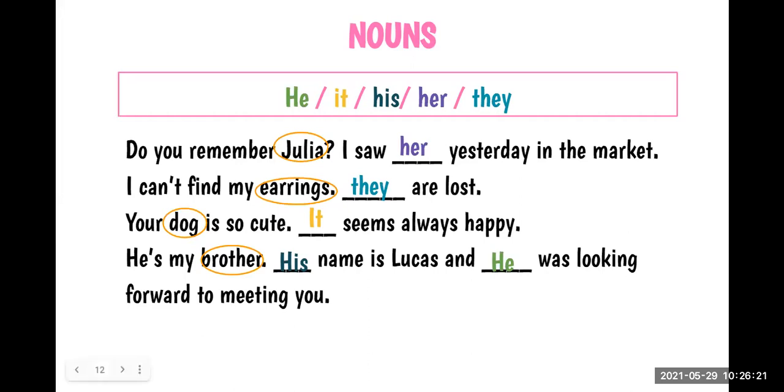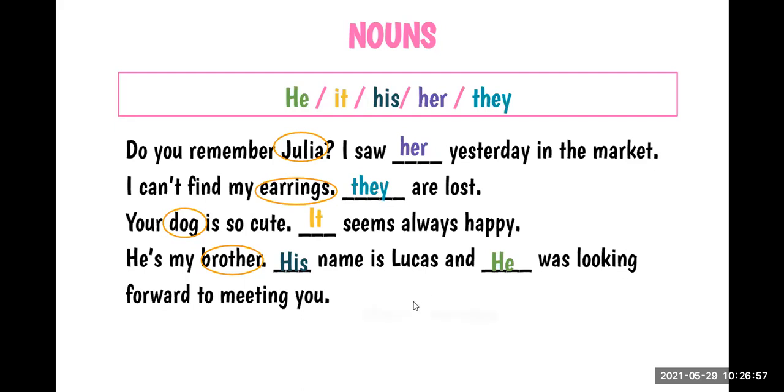For example, this one. What kind of pronoun do we have here? Or for example, this one. What kind of pronoun is this one? Okay. But what kind of pronoun do we have here? We have different kinds of pronouns, right? Your partner mentioned them at the beginning. What kind of pronouns do we have here? They and he. Subject pronouns.